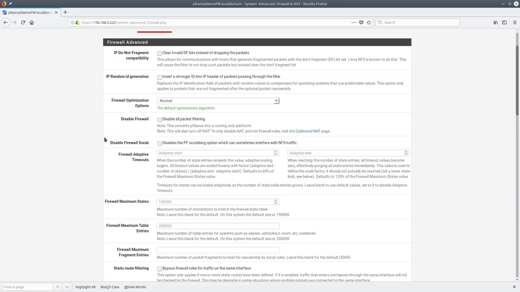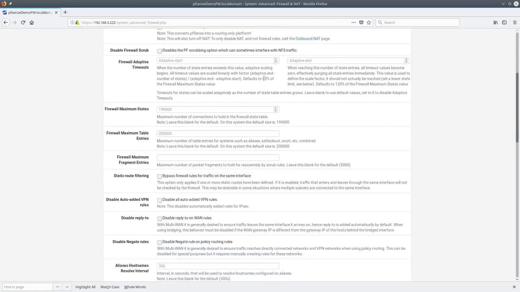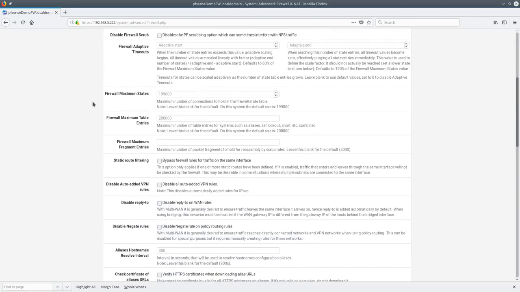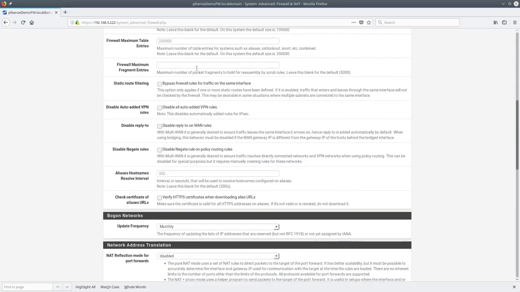You can disable all packet filtering to firewall scrub. You can really get into a lot of details here: set maximum state tables, maximum fragmented, static route filtering to bypass firewall rules for traffic on the same interface. I've only had to do this one time with a client with an unusual setup, but basically if you segment